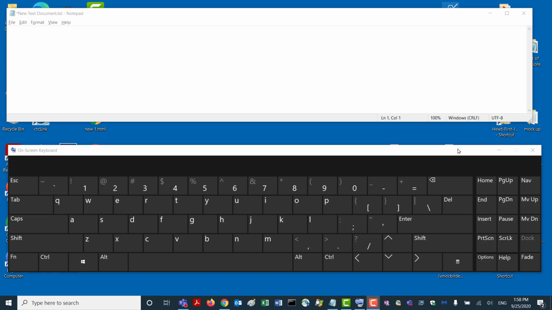This is the built-in on-screen keyboard that can be found in the ease of access area for Windows 10. This not only gives you an on-screen keyboard that you can type with as you would perhaps the keyboard you'd have on your cell phone if you have a smartphone. When you type, you can move a mouse around and land on letters. And as you're doing that, you'll see there's an area in the top here that is doing word prediction, which helps the process along. I'll try again with my focus now on this text document.